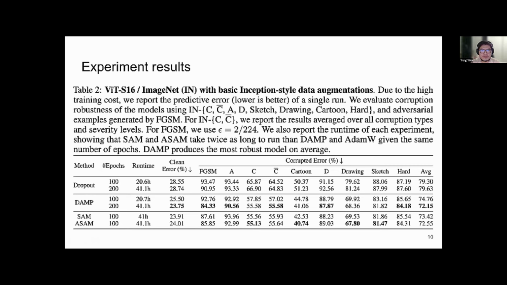Because previously, to train a vision transformer to reach good accuracy on ImageNet, we either had to pre-train it on a bigger dataset, or we had to use very extensive data augmentation.